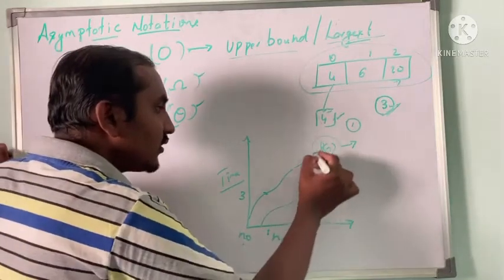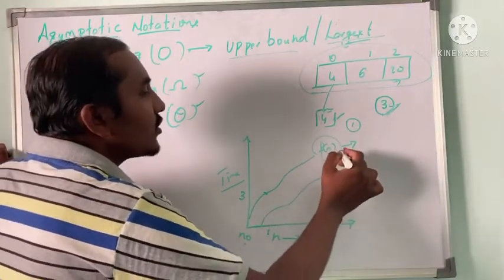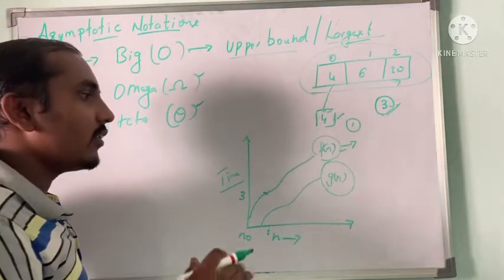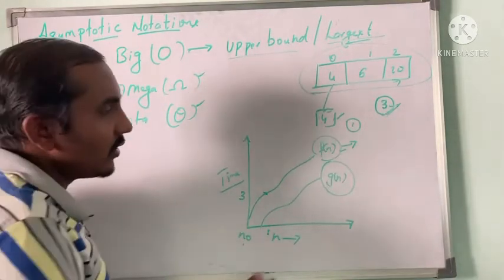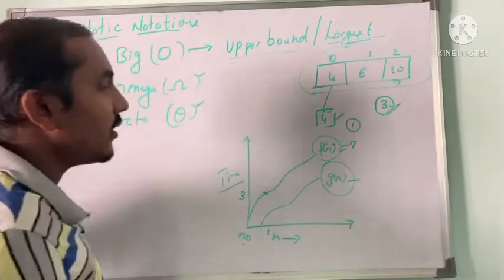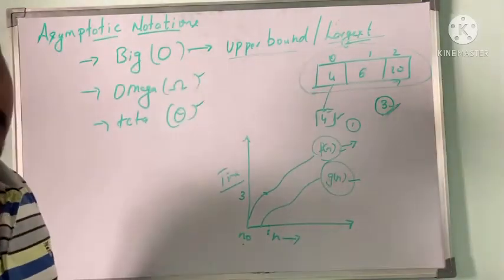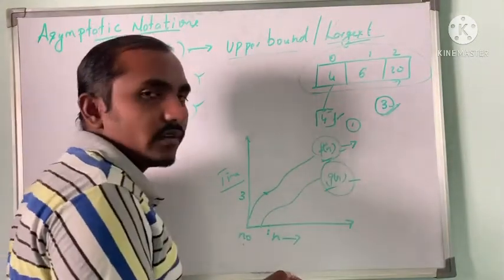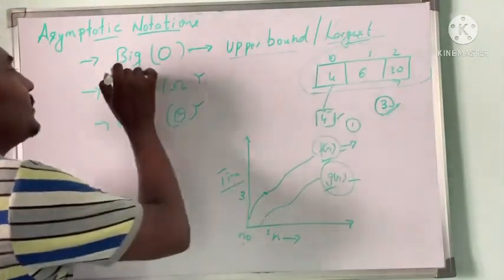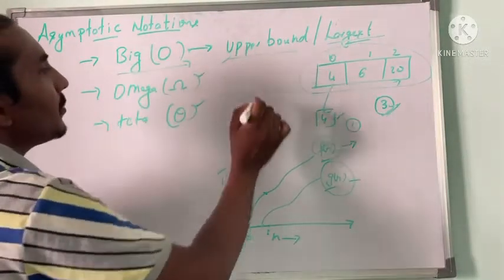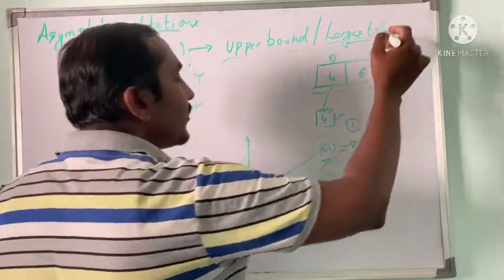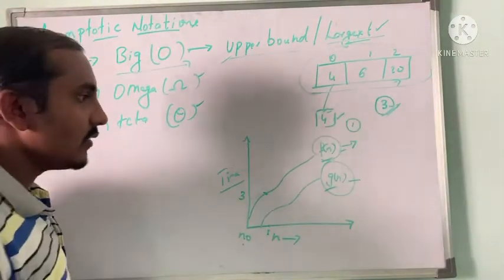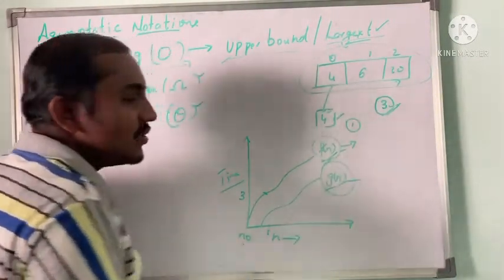So what these two functions will represent is, one function will represent the maximum or upper limit of time taken for execution, and g of n will represent the actual amount of time it is taking. So we'll be using two functions, f of n and g of n. In upper bound, or big O notation, we will be representing the largest amount of time the algorithm takes for execution. Here we will be using f of n as well as g of n.